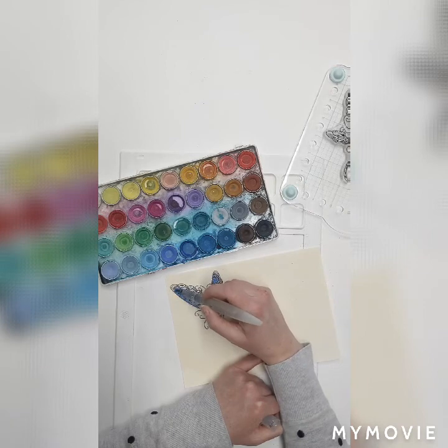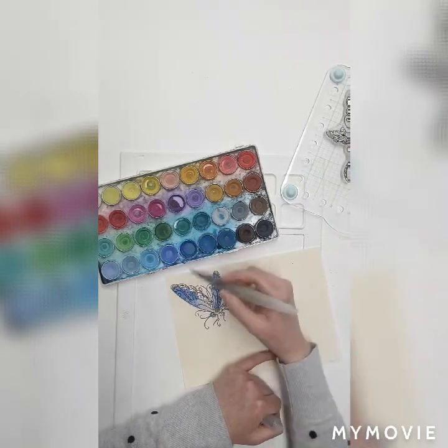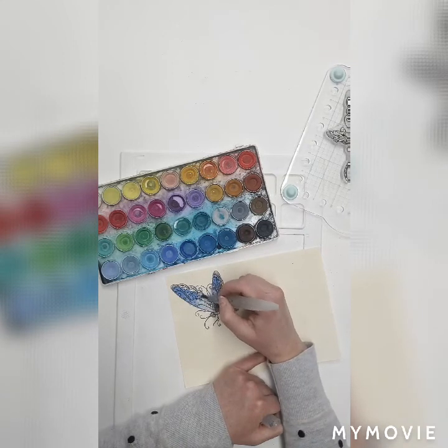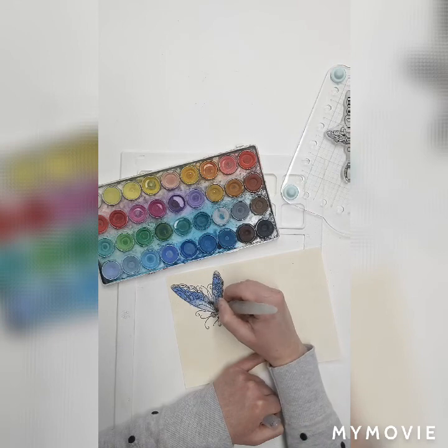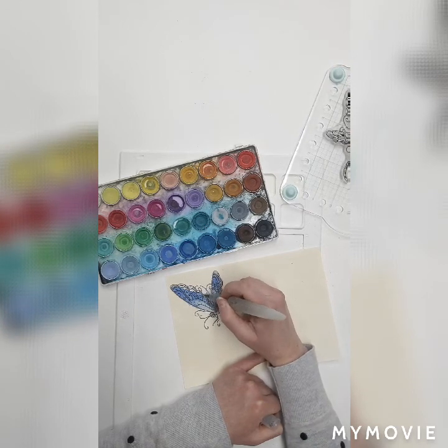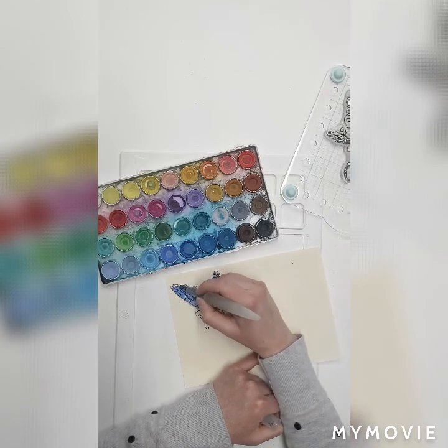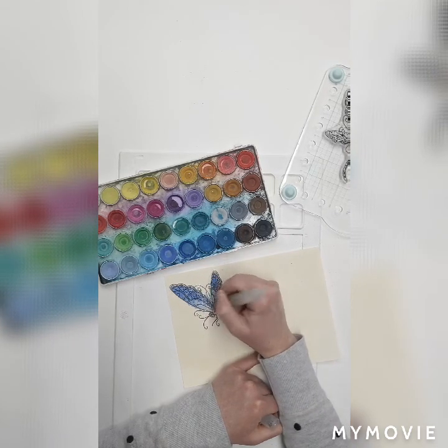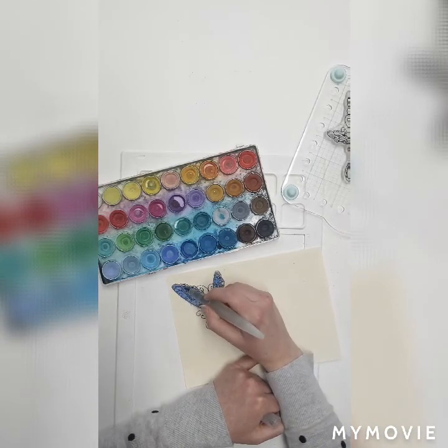Because when I was playing with this earlier, my book cloth was so wet that I actually had to use a paper towel to dab it dry. So that's something else you can do if you do end up getting it a little bit too wet. It's not going to dry as quickly as watercolor normally would dry on a piece of normal paper. Okay. And then I love how you get these darker and lighter colors